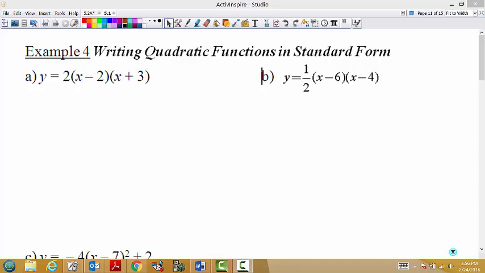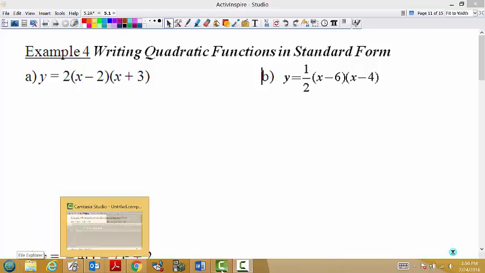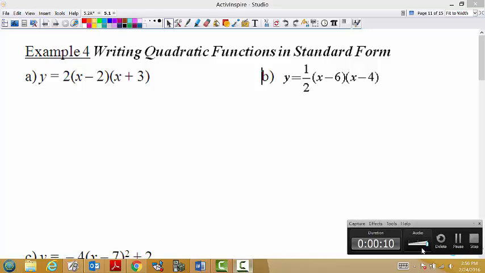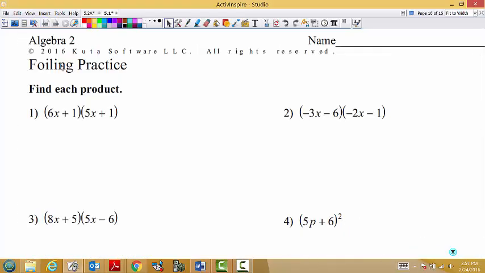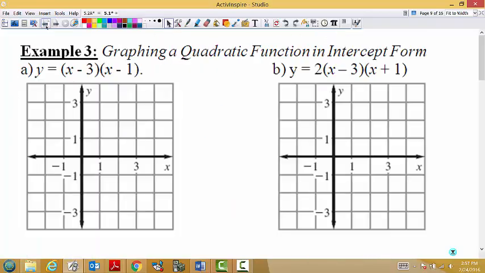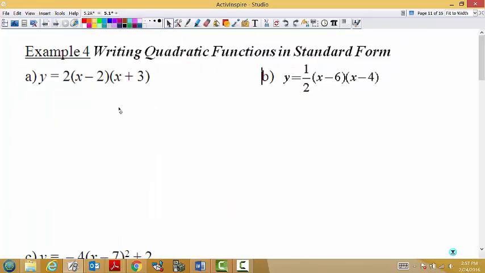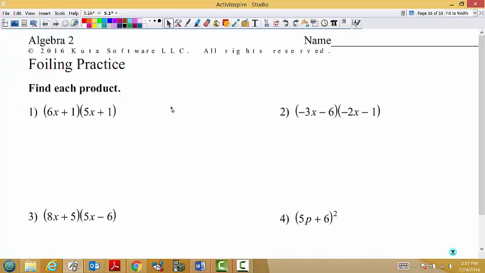This is picking up with example 4 on 5-1, and what we're going to do actually is pause this for 1 second. Hold on. Okay, I'm going to get you to flip in your packet to page 3A. So ultimately just flip the page. You were here, and you're going to flip the page, and you're going to be on this page. Because before I can do example 4, I need to go back over and make sure you remember how to